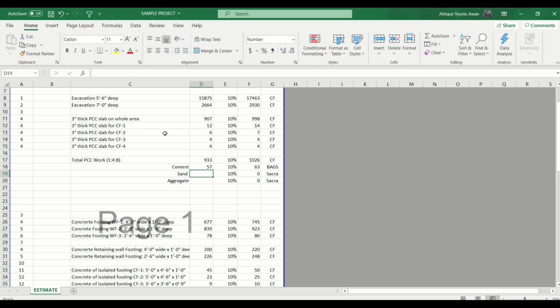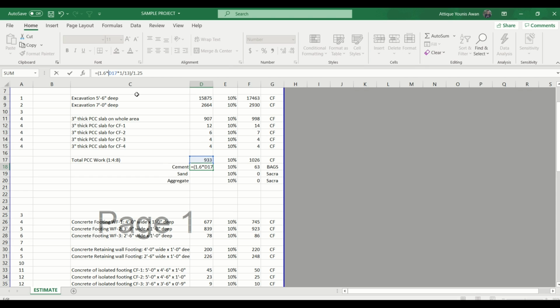But we have heard about the wet mix and the dry mix. It is a phenomenon in which our quantities are going to increase when they are mixed with water. So if I'm talking about the dry mix, then this quantity is okay, but we will need the exact quantity. So for that we will need to multiply this whole quantity with a factor, and normally for wet mixtures